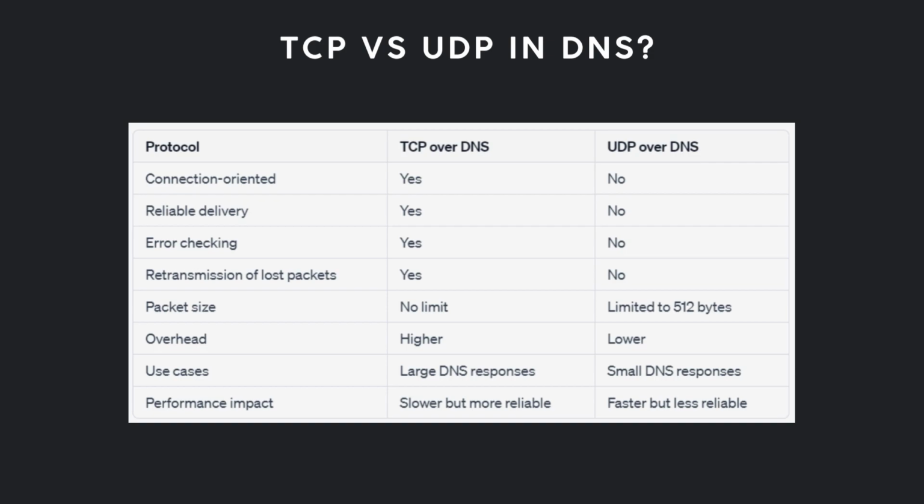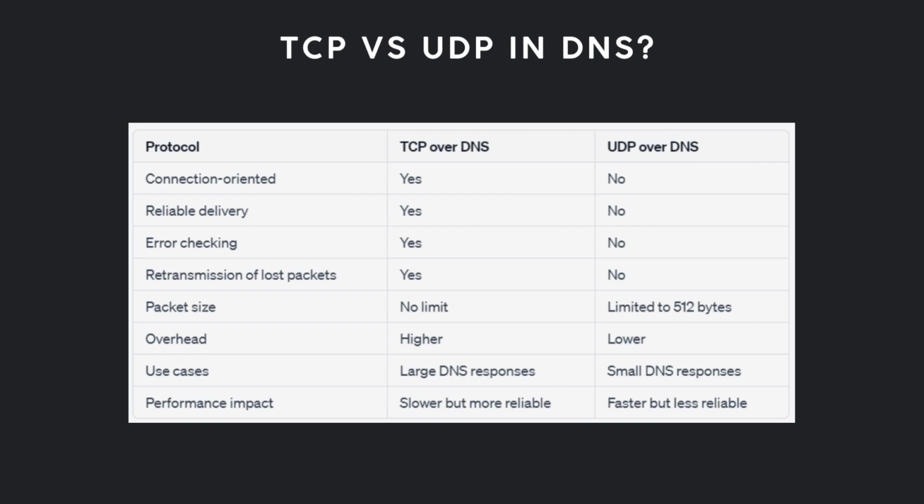DNS uses both UDP, which is User Datagram Protocol, and TCP, which is Transmission Control Protocol, depending on the circumstances. UDP is a lightweight protocol that is used for sending small amounts of data quickly and without any error checking. When you send a DNS query to a DNS server, it will typically respond with a short answer that fits within a single UDP packet. This is because UDP is fast and efficient, but it doesn't guarantee that the packet will be received by the